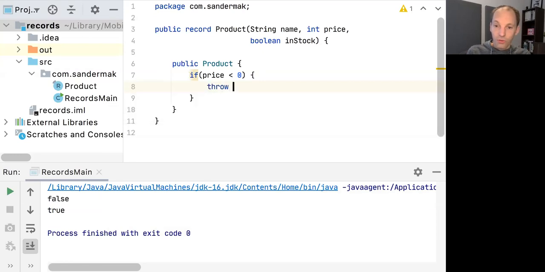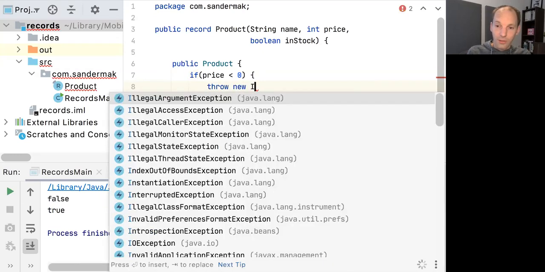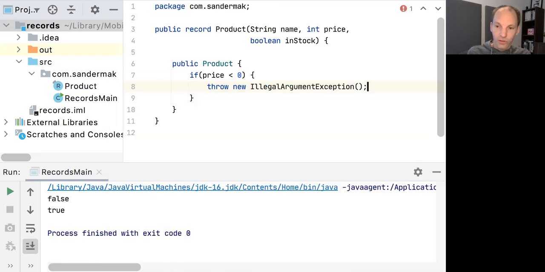And let's say that we want to throw an exception here, because we don't want negative prices. That's perfectly possible. And what happens is that the compiler actually inserts the assignments of the implicit parameters to this constructor to the fields of this record. We don't have to do this explicitly. You can see that this works also by, for example, changing this exception into normalization.